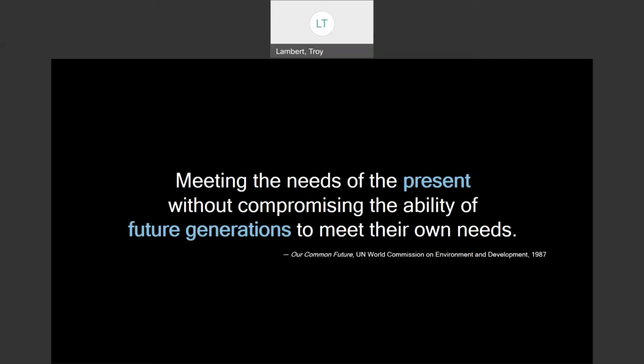Really, the core tenets of this definition that I like is the dual orientation on the present and the future. So what's really important with sustainability is that we are making sure, Arlene, like you said, that what we're doing today does not negatively affect future generations who are coming after us, who deserve to have the resources available and to have the quality of life that we have today.